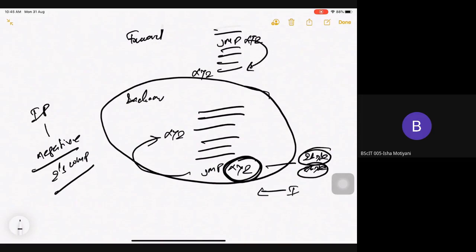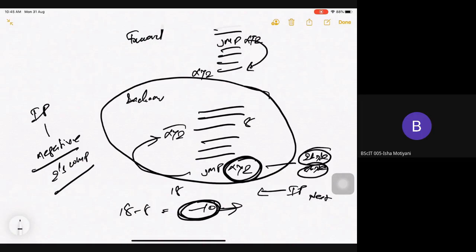Accordingly, your IP will be pointing on the next instruction. Suppose this is on location 18, and you want to jump on 8, then you need to do 8 minus 18, so minus 10. You need to write down the code of minus 10, and that will be replaced over here. So this is how your backward jump works.